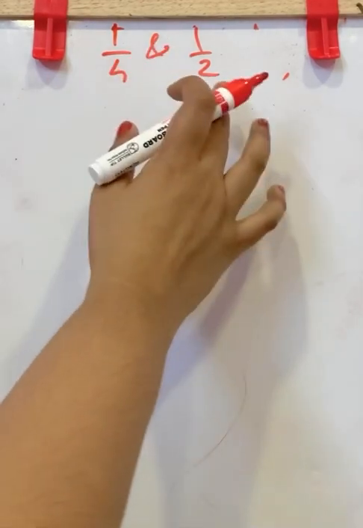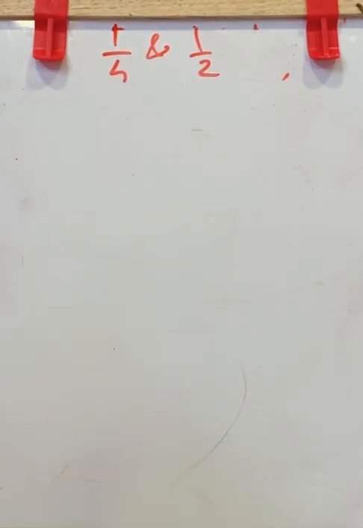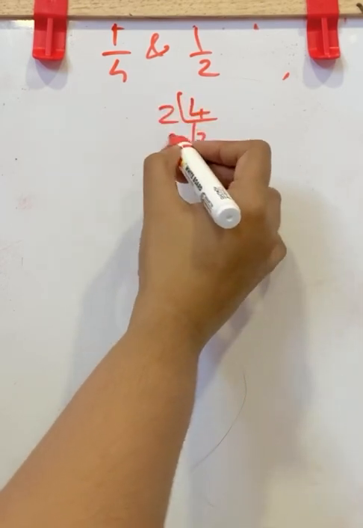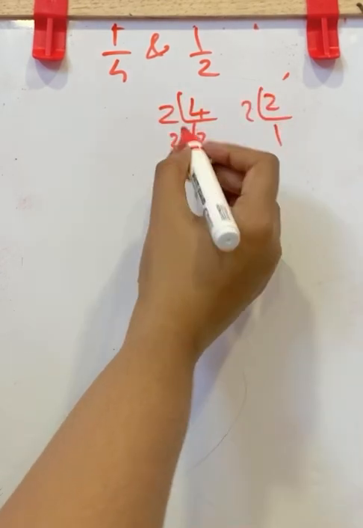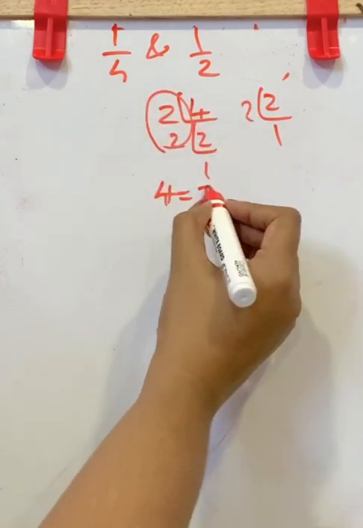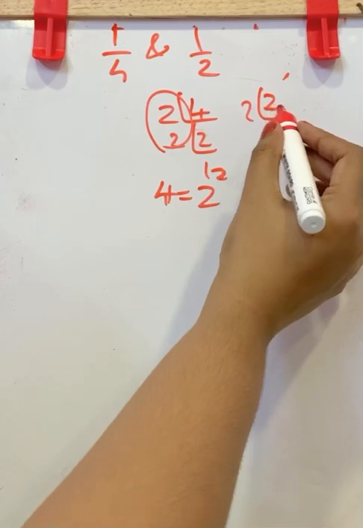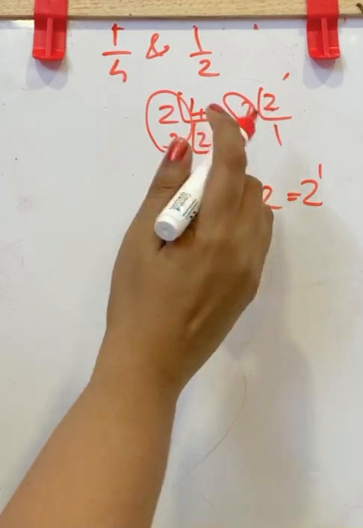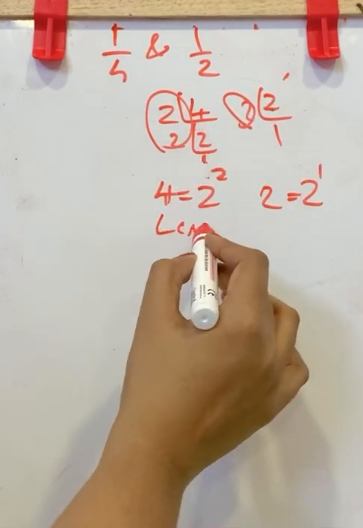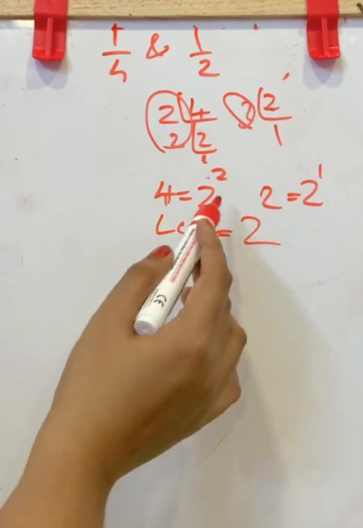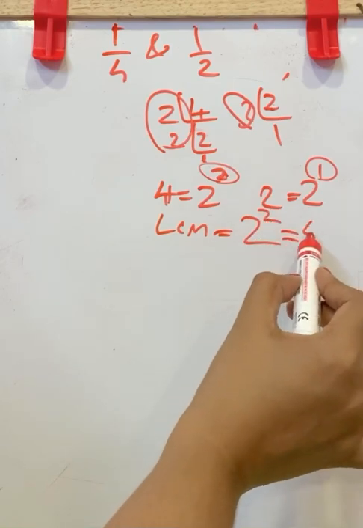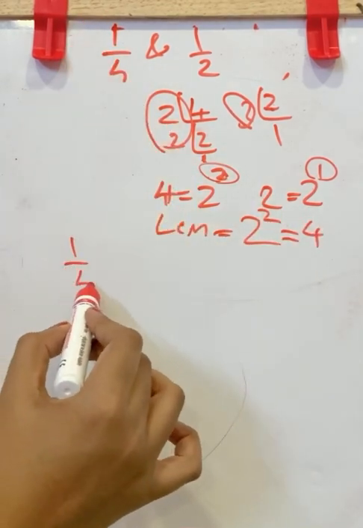Again, we have 4 and 2 here. In that, we don't want to multiply the denominators. Just find the LCM because it is a composite number. We will factorize it. 4 can be written as 2 square, and 2 can be written as 2 raised to 1. Now the LCM takes the factors appearing here, that is 2. Which is the greatest power? 2 square. The LCM is 4.